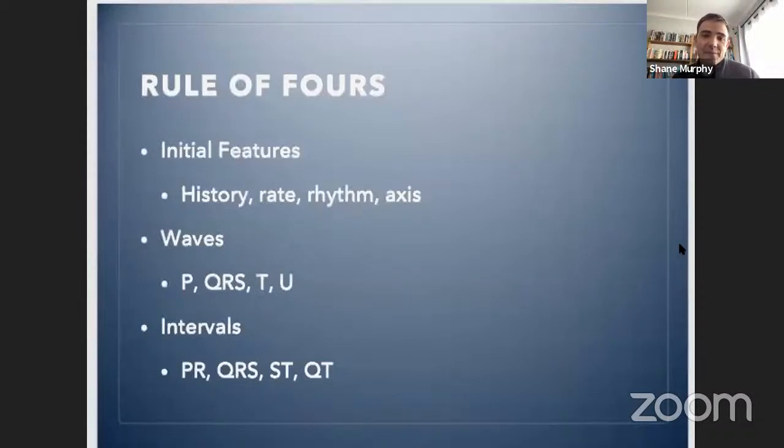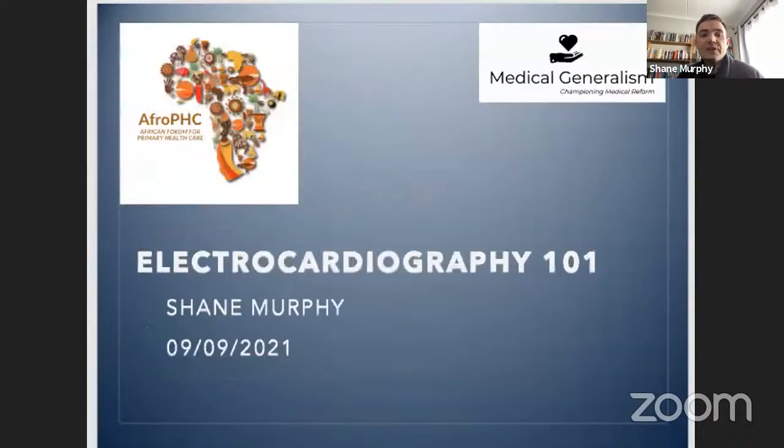As Prof introduced me, my name is Shane, a registrar in family medicine. Today we just wanted to briefly run through electrocardiography, or ECGs, at the primary care level. As we all know, if we're honest with ourselves, it is an intimidating investigation that we're often not too familiar with, and the less we do of it, the more we remove ourselves from it, and we start to depend more on what the machine is telling us. Thank you to those who filled out the MS forms; there are some interesting answers, and we'll have a look at that towards the end.